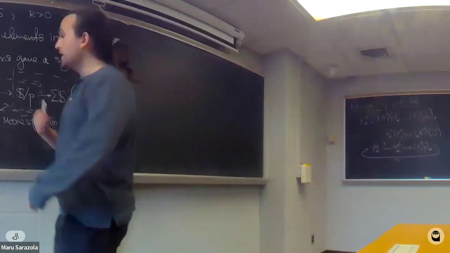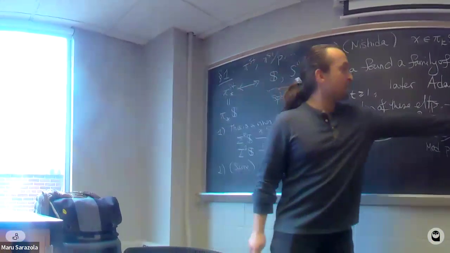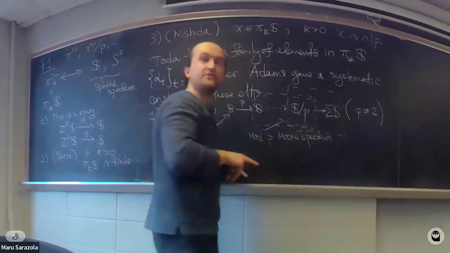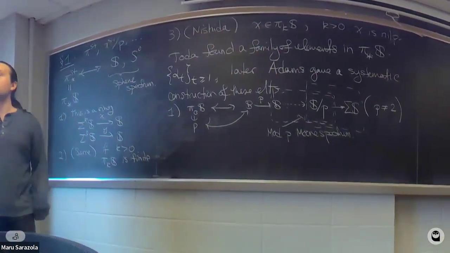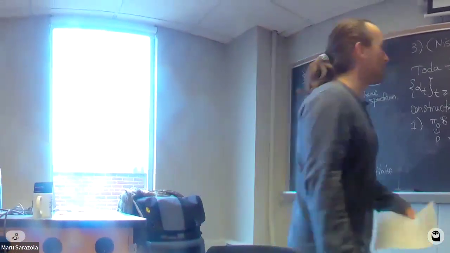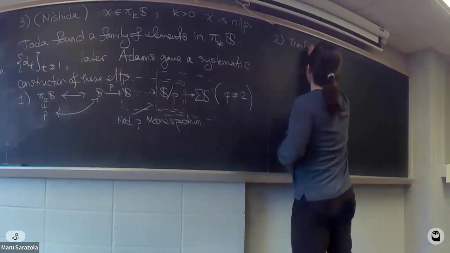We're going to produce some self map of this sphere mod p, and then stick the sphere and the suspension of the sphere on either side of this self map to produce some new elements. So maybe I'll tell you now, this is a theorem of Adams,